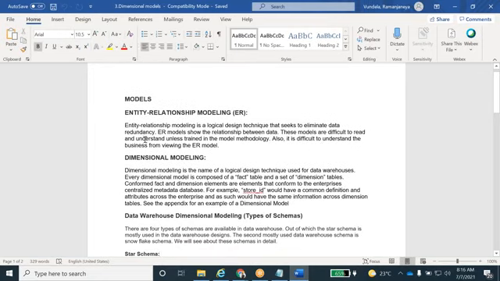The ER model is difficult to read and understand unless you are trained in the methodology. Also, it is difficult to understand the business from the view of the ER model, because you have to write complex queries and stored procedures to understand the entire data.